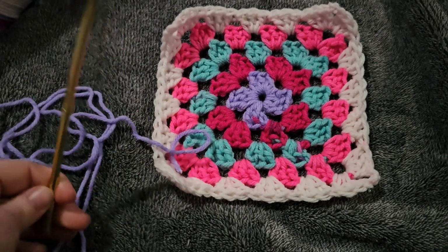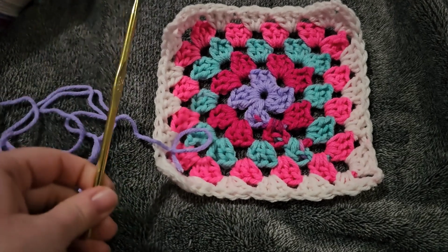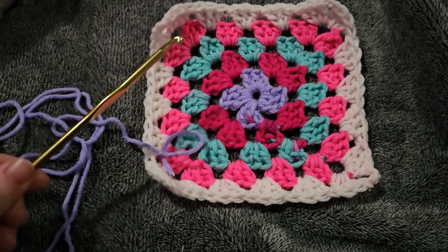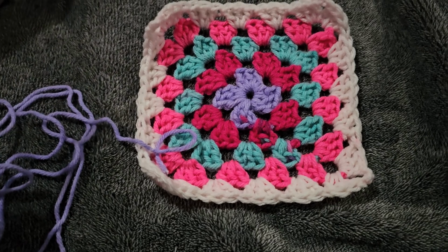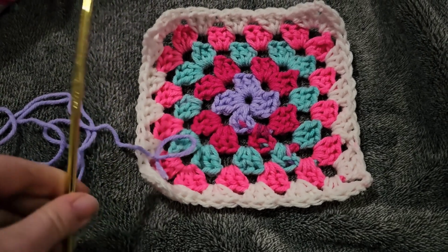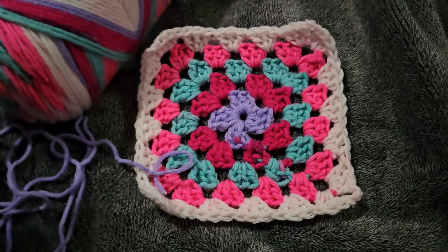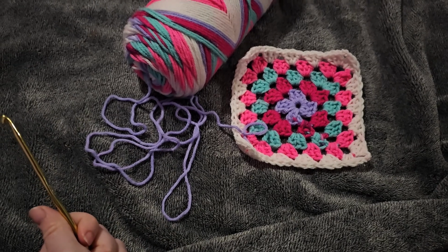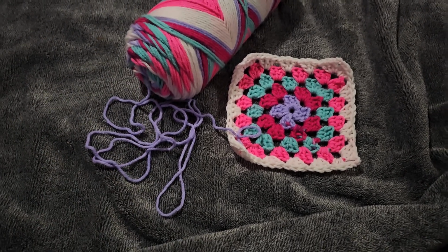Maybe you are a looser or a tighter crocheter. I think my crocheting is fairly loose, so I went down a size. And then also taking out the chain 1 between the clusters made the colors line up better for me. That's just what worked for me, but it might work out a little different for you depending on how you crochet. But I'm going to try a second square now, and I'll check in throughout the week and show you